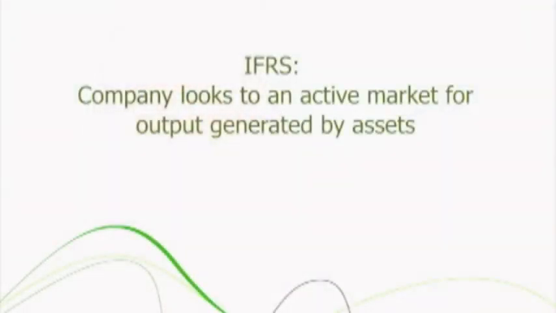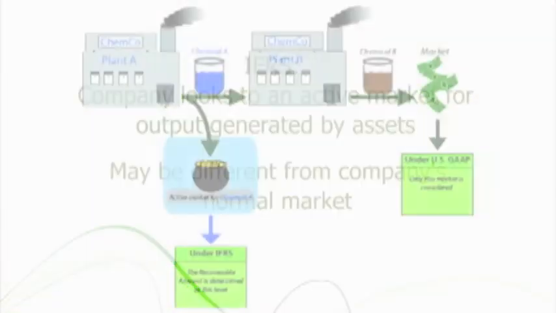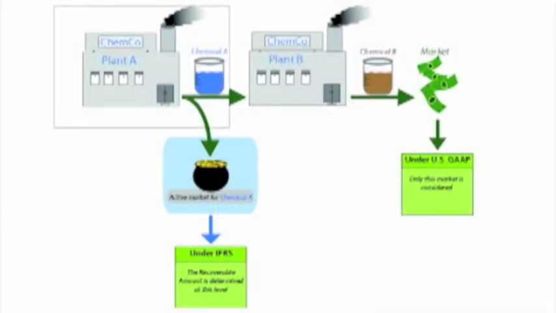Second, the level at which assets are grouped can be different under each standard. Under IFRS, the company looks to an active market for the output generated by assets. This may be a different market from which the company normally operates. For example, a chemical company may produce a chemical in plant A, which it further modifies at plant B before selling it. If an active market exists for the chemical from plant A, the recoverable amount is determined at that